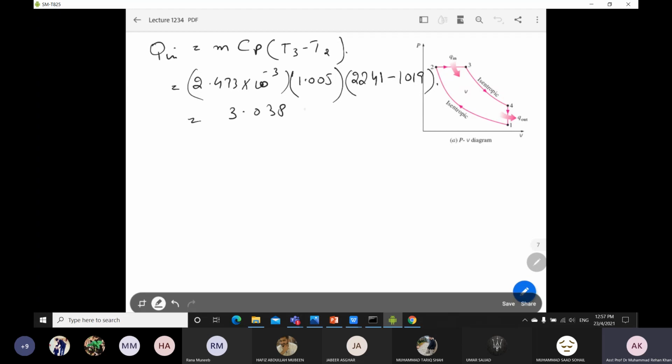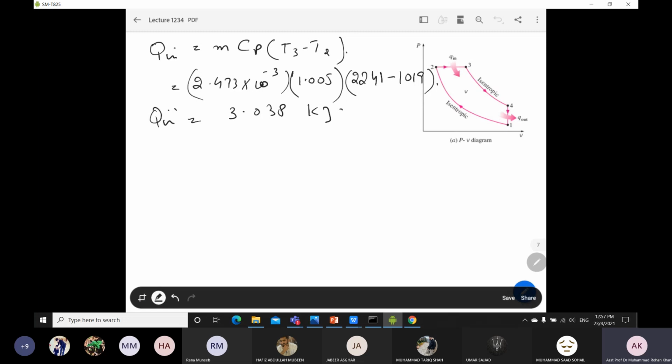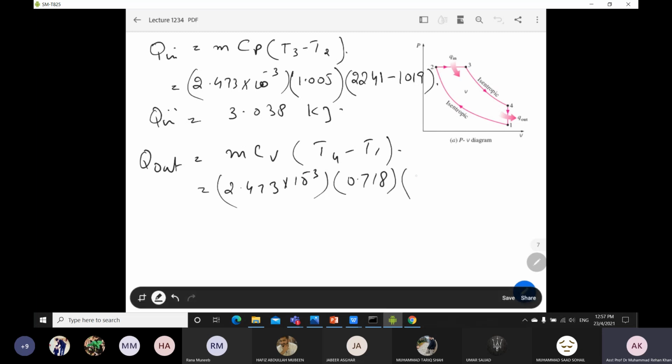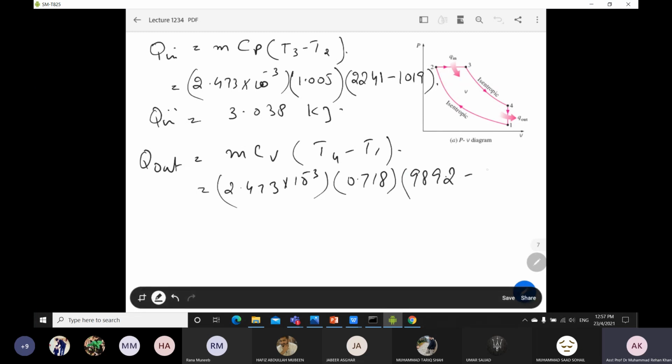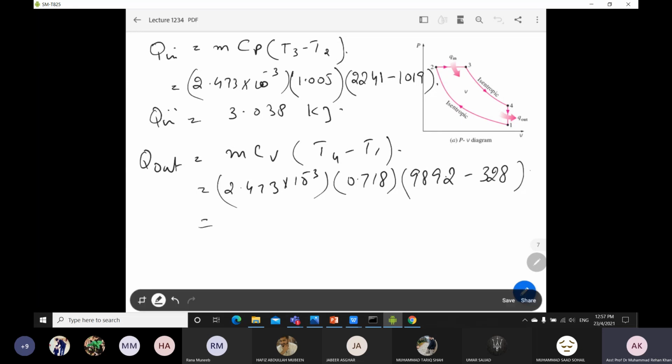3.038 kilojoule. This is your Q in. And now we have to find Q out as well. Q out is the constant volume heat rejection process, so Cv (T4 minus T1). Again you have to put in all the values. The Cv value is 0.718. The T4 value is 989.2 Kelvin, and the T1 value is 328, which is mentioned in your problem statement as well. So from here you can easily find Q out as